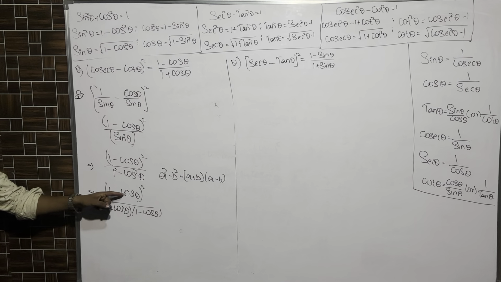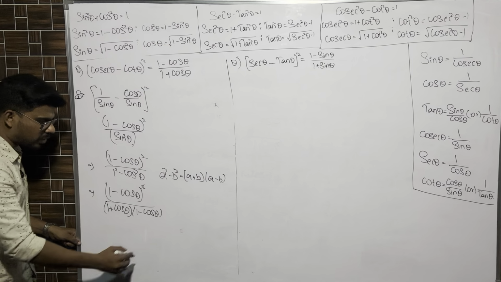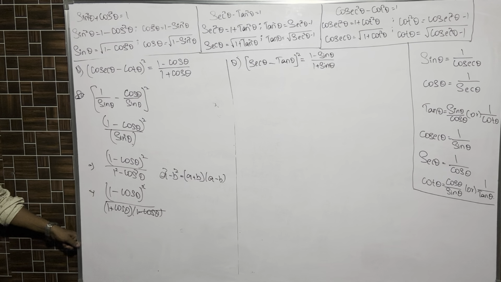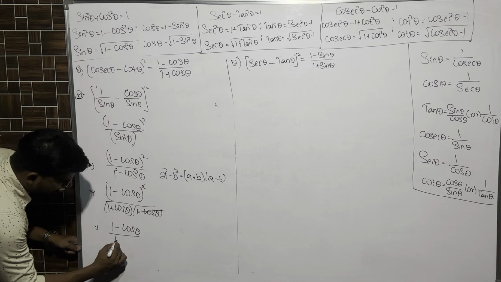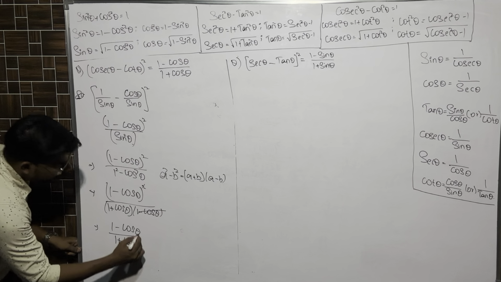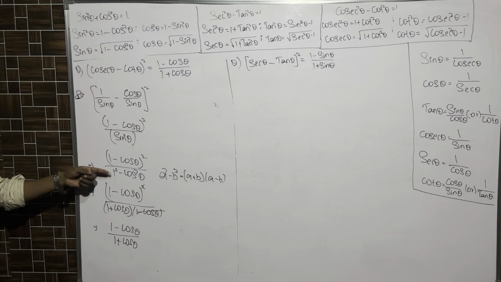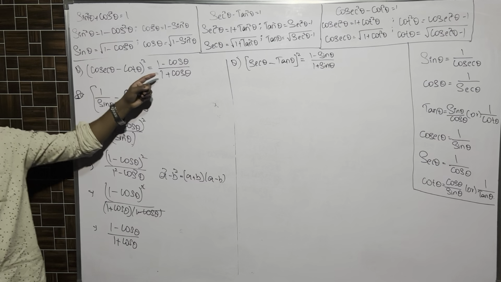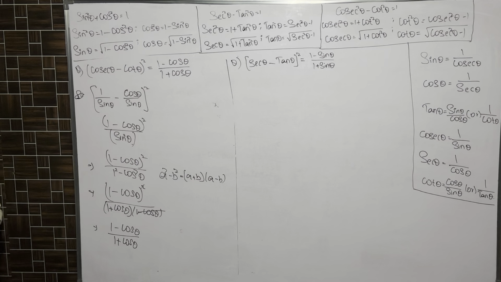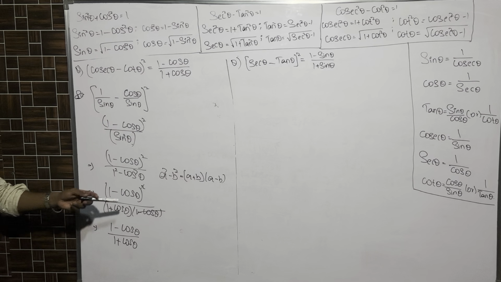Now 1 minus cos theta is there two times in the numerator, so one 1 minus cos theta is cancelled and only one 1 minus cos theta remains. In the denominator also it is cancelled. We got 1 minus cos theta by 1 plus cos theta. That is what is required. Clear? From here you have to remember: sine square is there, but we have to get a cos. Do we have any formula for conversion of sine to cos? Yes, we do. Sine square is nothing but 1 minus cos square. That I have substituted.